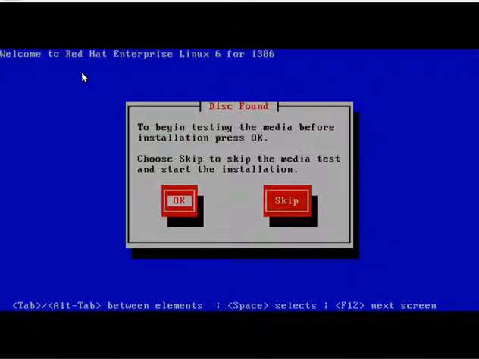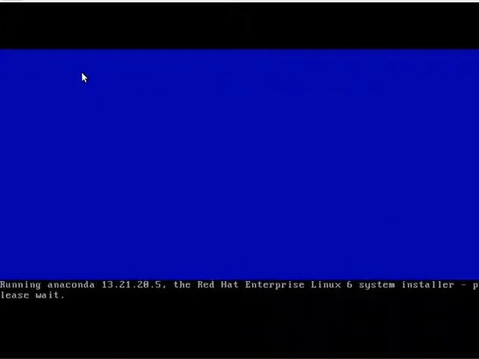Sometimes it's required to scan before installing any OS, because most of the time CDs or DVDs are corrupted, and once you start installing, in the middle you'll be prompted that a file does not exist or something. In order to avoid such embarrassing situations, it's better to do a CD scan so that it will check your entire CD-ROM for any scratches or errors, and you can stop the installation here itself. You need not proceed and create a file system and other stuff. As I am aware that my CD-ROM is a newer one, I'll just go with the skip option so that it will not check anything.